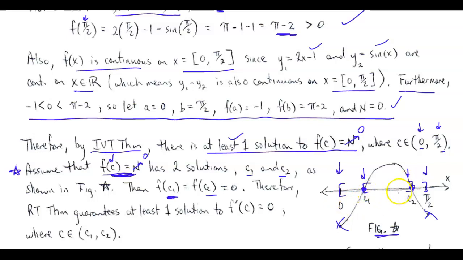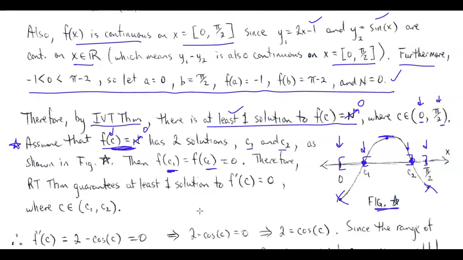So if we consider this closed interval here, in order for this condition to happen, I essentially know that I am going to have a horizontal tangent line at some point strictly in between c1 and c2, okay? And so whenever these x values have corresponding y values that are the same, and I know that my function is continuous over a closed interval here, and it is differentiable over this corresponding open interval from c1 to c2,